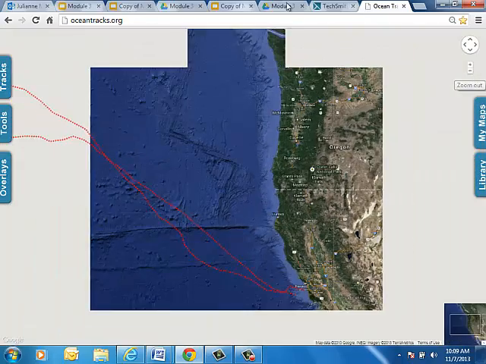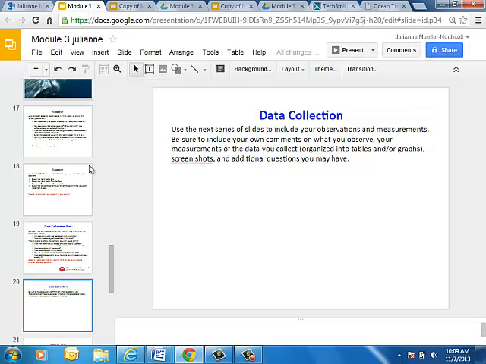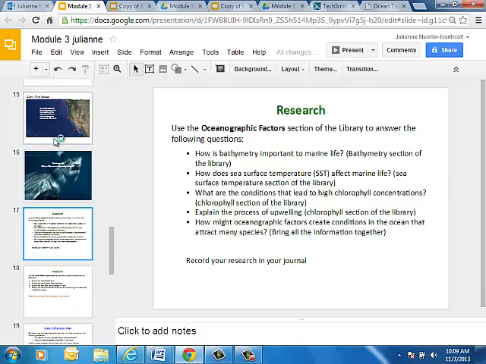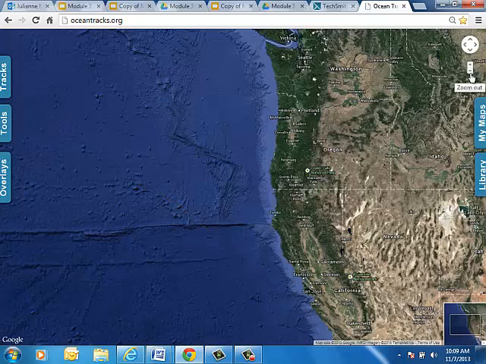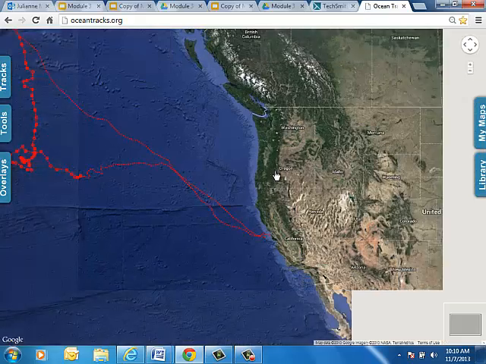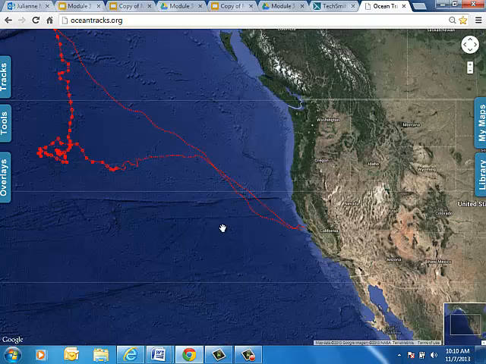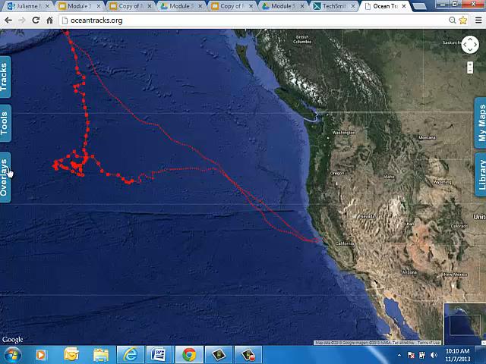Another aspect, if we go back to, oh sugar, I have to go back to the right module. Here we are. If we go back to our research notes, so how does sea surface temperature affect marine life? So that was something that you had to research. So what you might want to do in that case is go back to, again, the location of your hotspot. And if I was doing this for real right now, I would have on this map marked somehow where I think my hotspot is. And then I would go to the overlays,